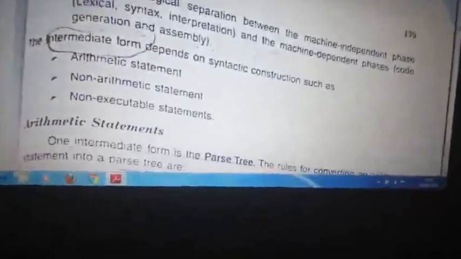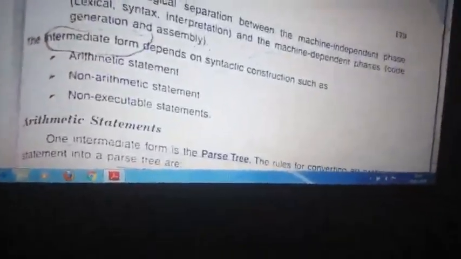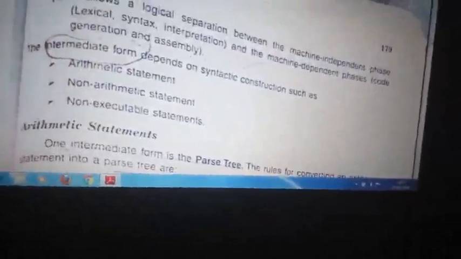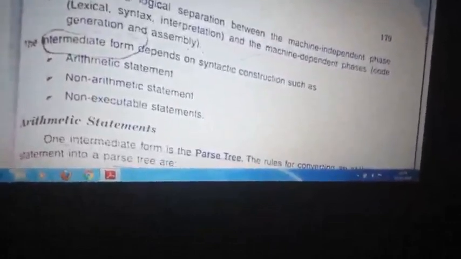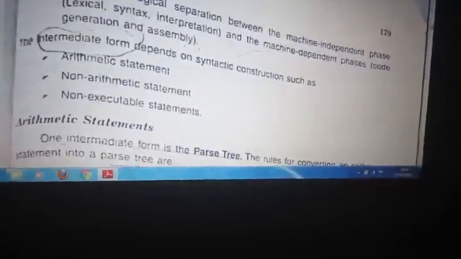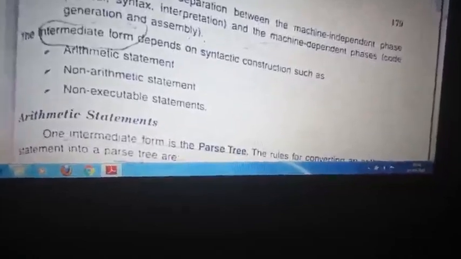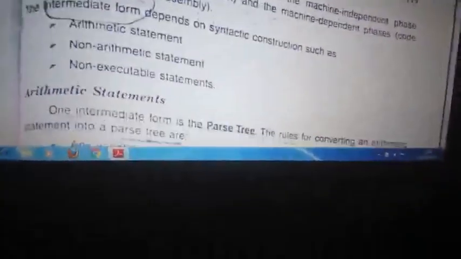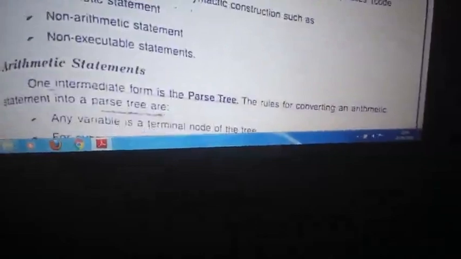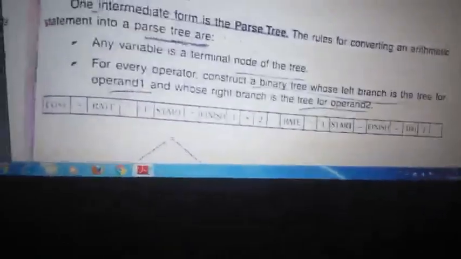So intermediate code can be of three types. One, arithmetic statement; second, non-arithmetic statement; third, non-executable statement. So the intermediate form depends on these three constructions. So arithmetic statement, what is this? It is just like a parse tree. How are you creating the parse tree? Same. So consider that